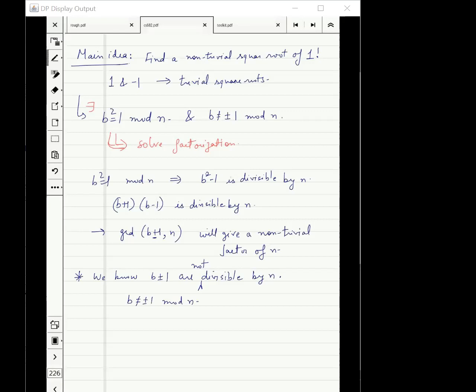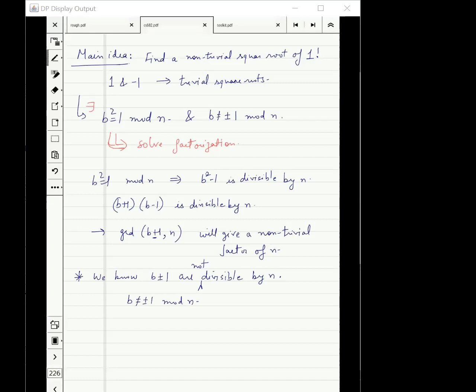Right? So you have to be careful that the boundary cases can be really, really important here. And we have to make sure that we are not getting caught into any boundary case. And that is the reason why we wanted a non-trivial factor. That's why we need a non-trivial square root. Once we have a non-trivial square root, we know that n can't divide b plus 1 completely, n can't divide b minus 1 completely. That means some part of the primes of n will be in b plus 1, some part of primes of n will be in b minus 1.